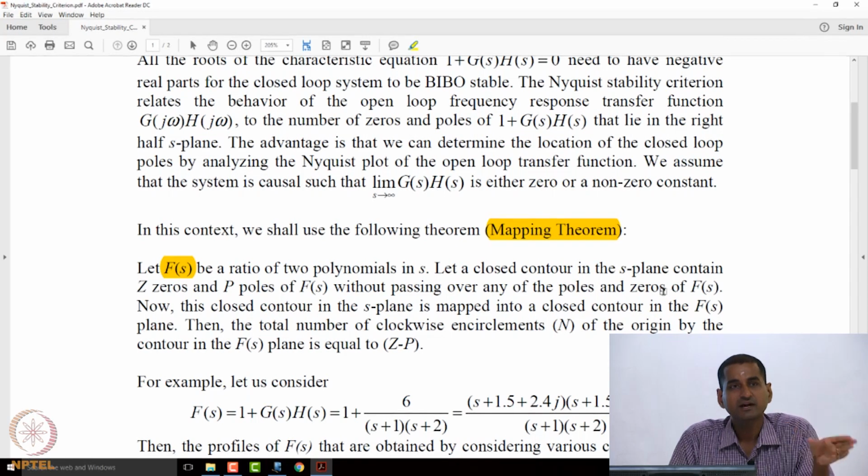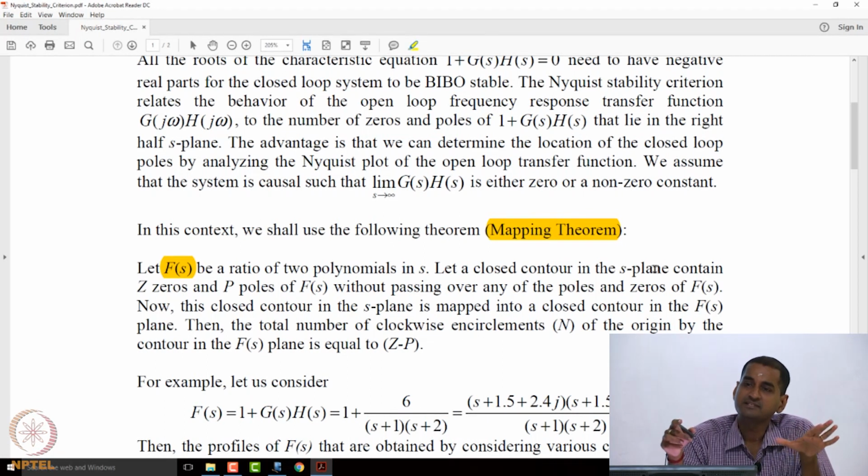So what I am doing, I am considering a closed contour in the S plane. That means any arbitrary shape that essentially is a contour in the S plane, but does not pass over any of the poles or zeros of this function capital F(s). Then